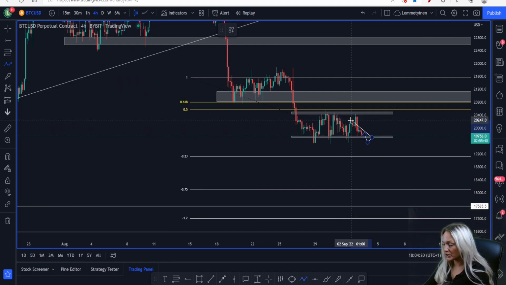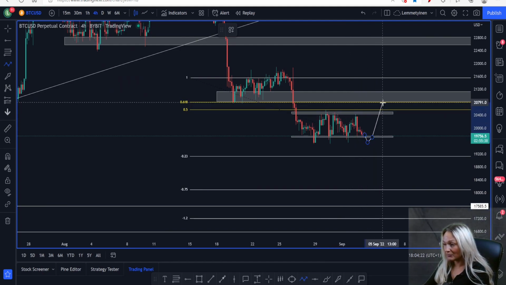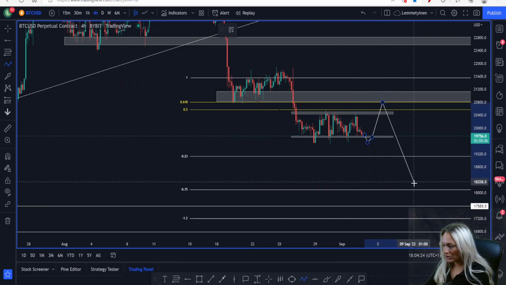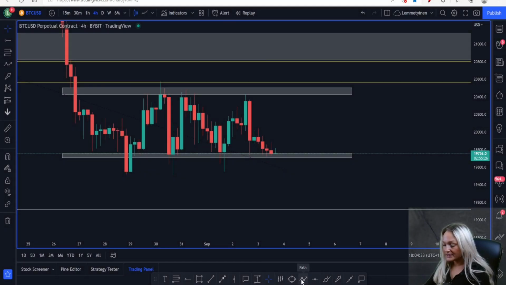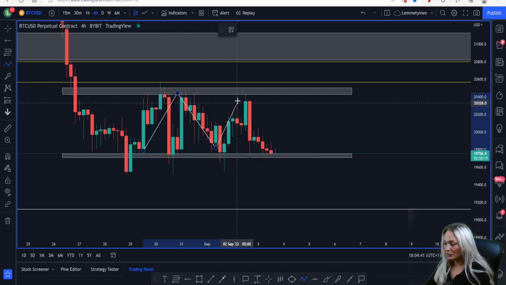This is a pullback consolidation market, potentially even see the market pull back up, but the next drop that we have is the real move that we have, because the market is in a downtrend. Now, when we understand that we are in a sideways market, we all know what the market is doing. The market is bouncing in between the support and resistance zones, so this can definitely take us back up to